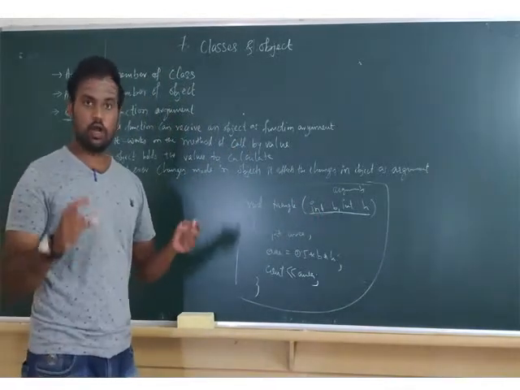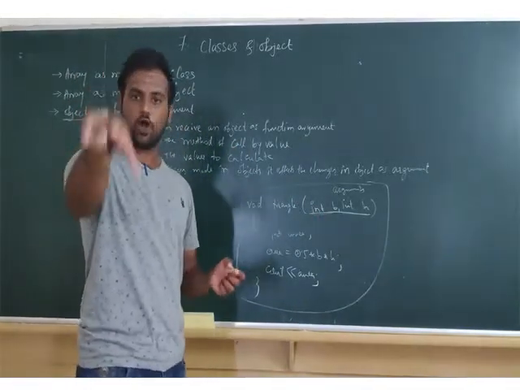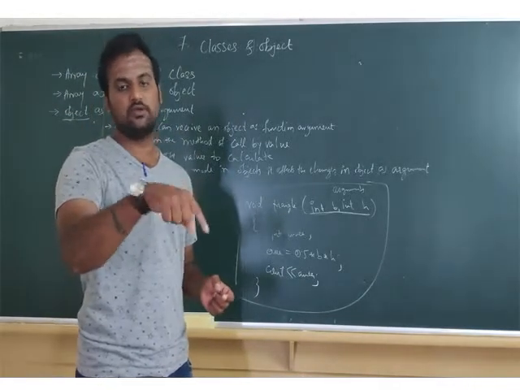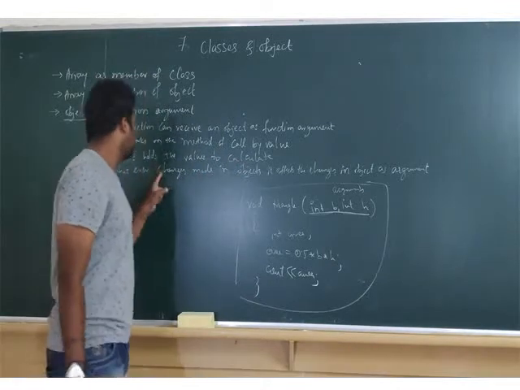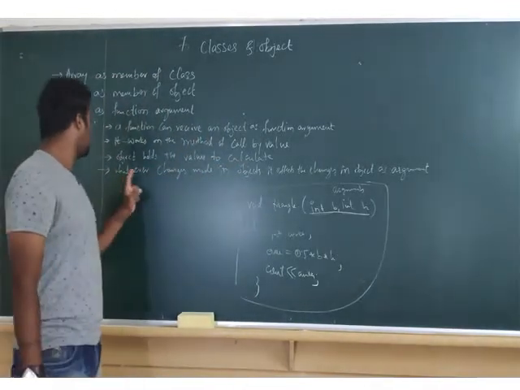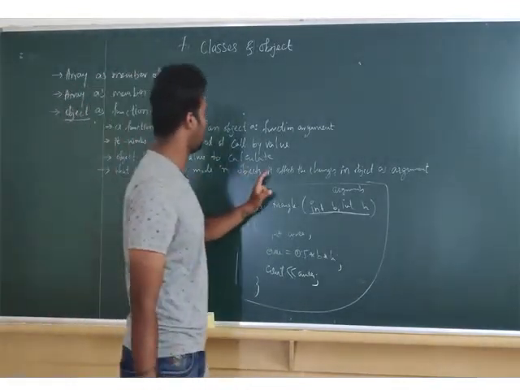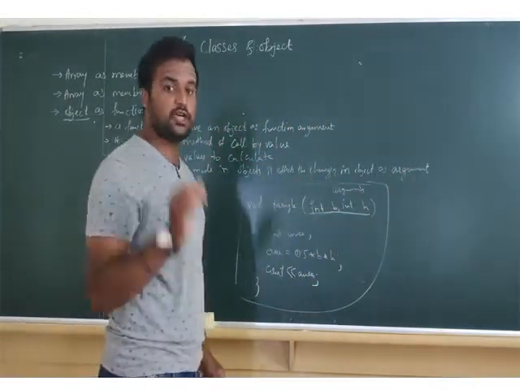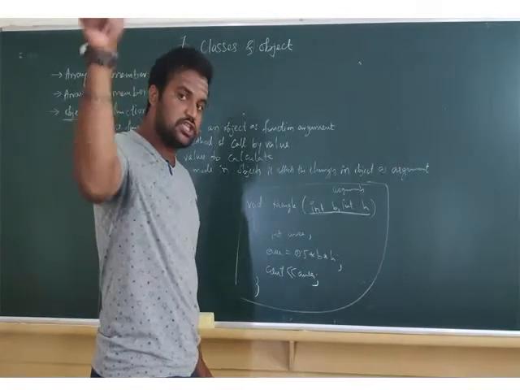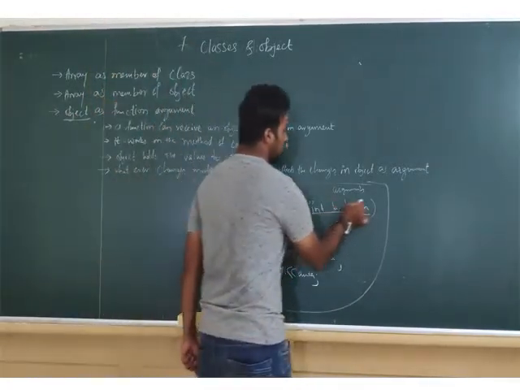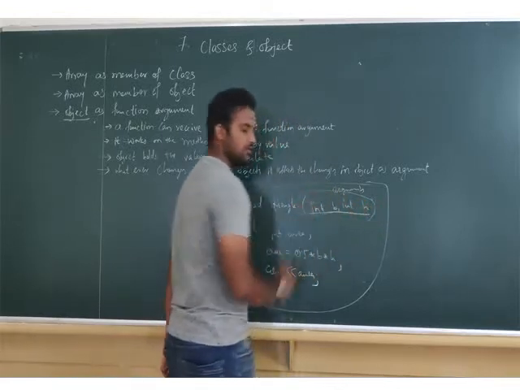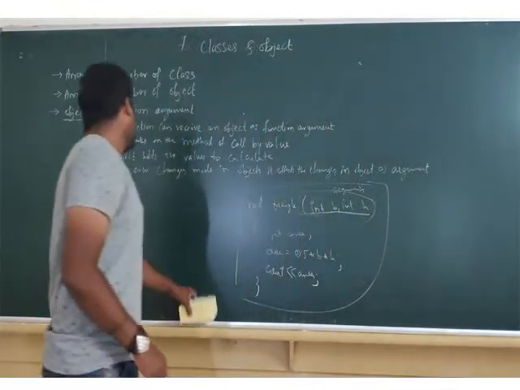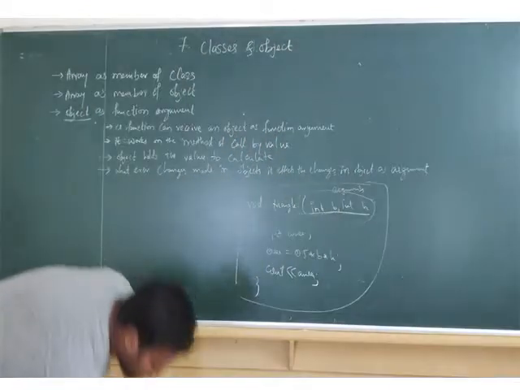Call by value means whatever value we are giving, the object takes that value and works on it. That is nothing but call by value. Whatever changes are made in the object affect the object. Okay. Whenever we create an object in void name, if we make any changes over there, automatically the argument will also get affected. These are the 4 points you have to remember while working on object as function argument.